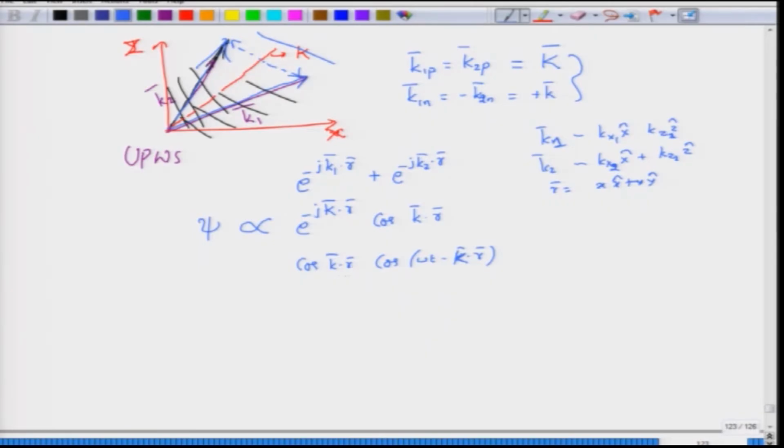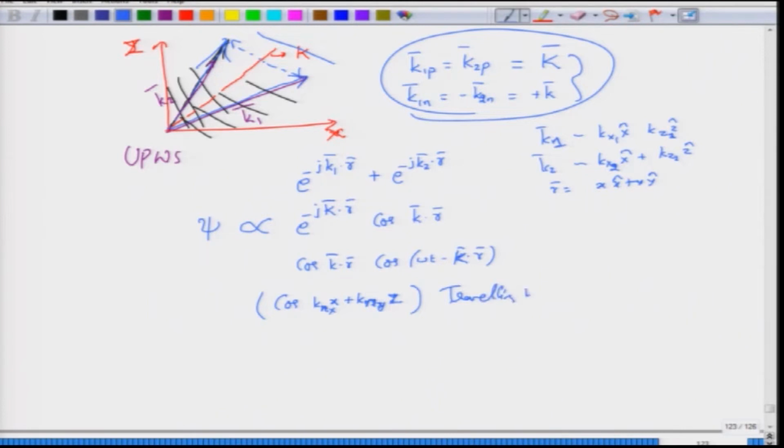So, if you think of this, right, then what is this telling you? This is telling you that this is basically going to be some knx times x plus knz times z, where you have to determine what is knx and knz based on this decomposition that you need to do. Okay. So, when you do this one, sorry, this is not y, this is z, right. So, this times a travelling wave. Okay. So, there is a travelling wave which is of the form cos of omega t minus k dot r,